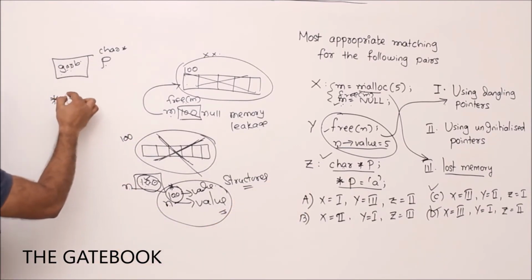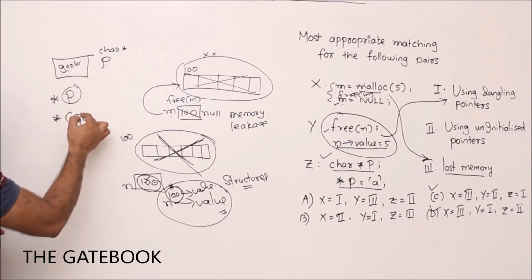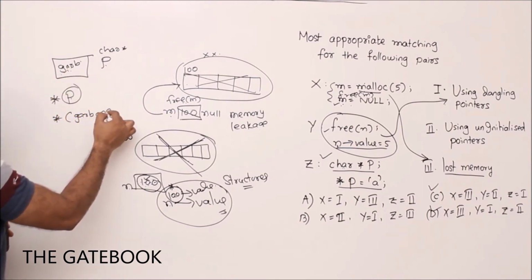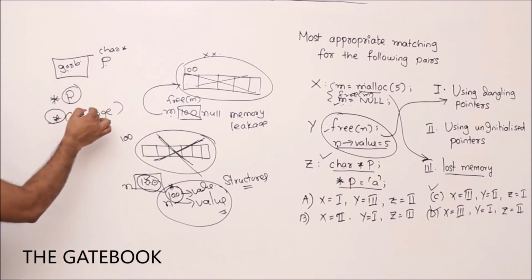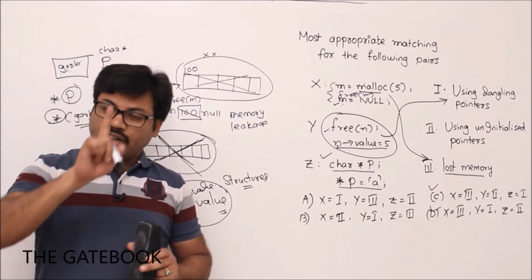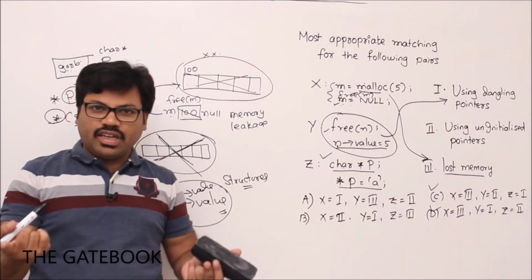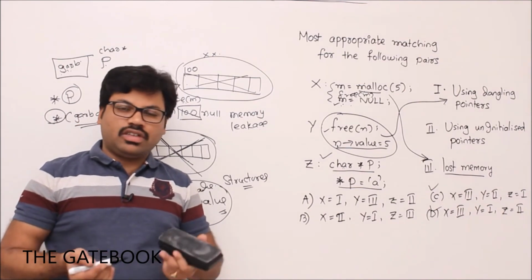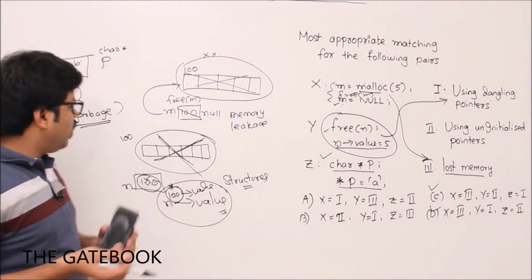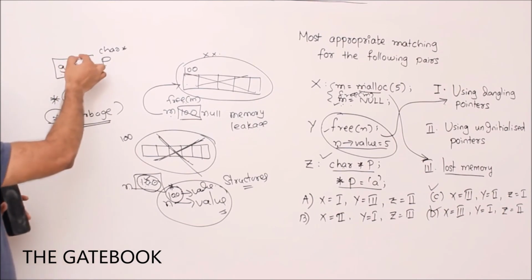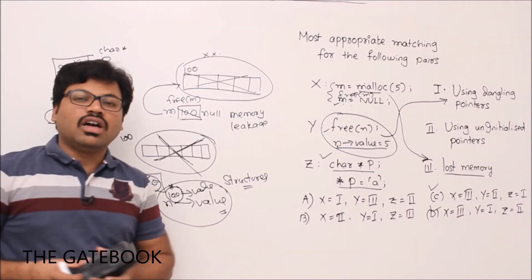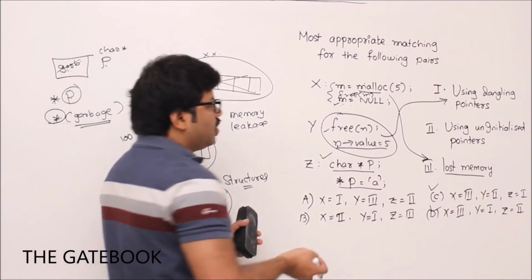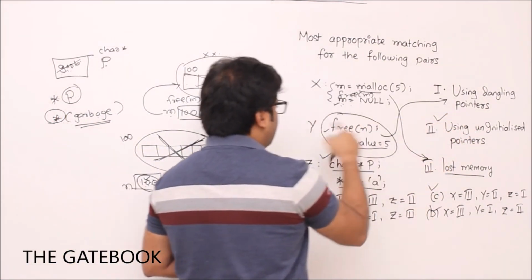What is star p? What is p? Content of p is a garbage value. Then you are referring star garbage value. Whenever you dereference a garbage value, that means we are treating the garbage value as an address and we are going there. Then definitely that would give you an error. What's the problem here? You have not initialized p and still you are using that content. That's why it is a problem called uninitialized pointers, right? So using uninitialized pointers. Answer is